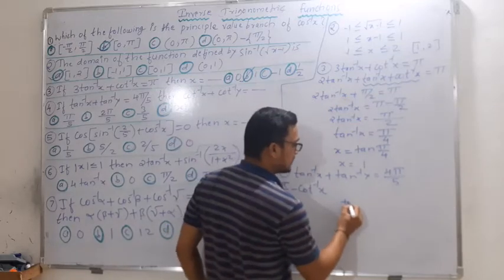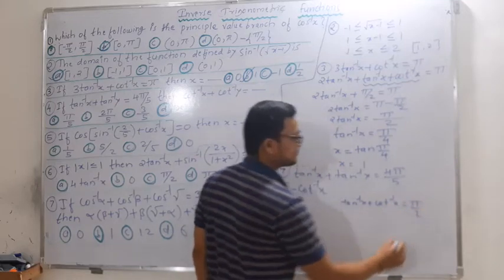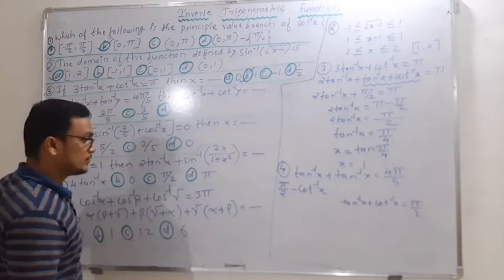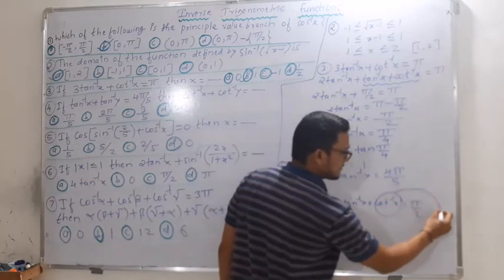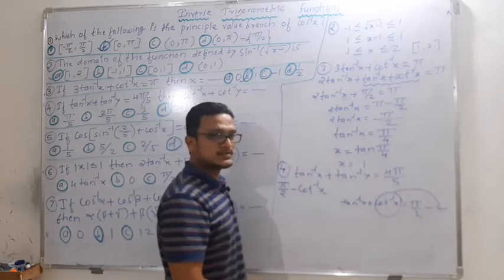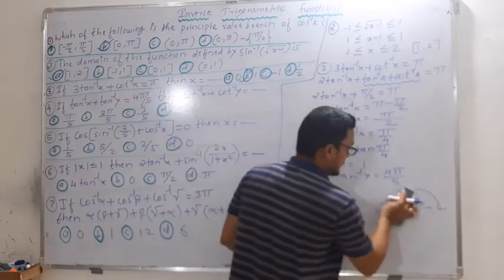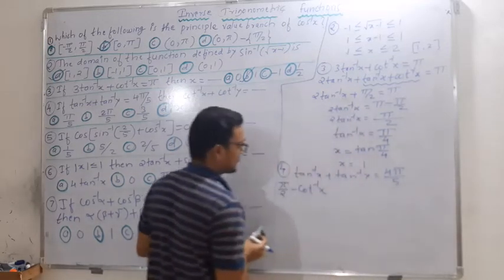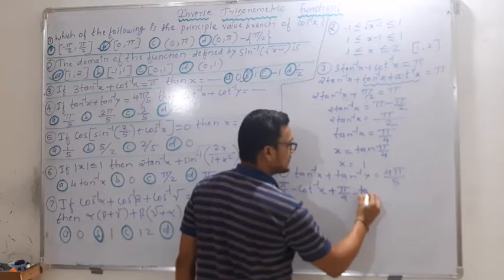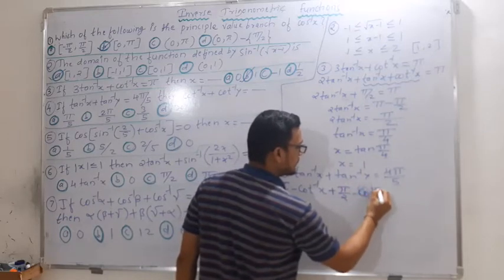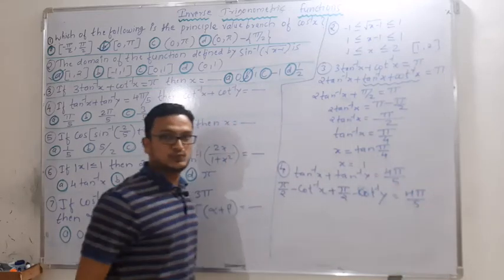Because again using the inverse trigonometric identity, see here what we know, the identity. I'll write here: tan inverse x plus cot inverse x is equal to pi by 2, right? Then here we want the value of tan inverse x. So this cot inverse x, if I transfer here, it becomes minus. So therefore tan inverse x can be written as pi by 2 minus cot inverse x, right? Plus again this tan inverse y can be written as pi by 2 minus cot inverse y, which is equal to 4 pi by 5, right?